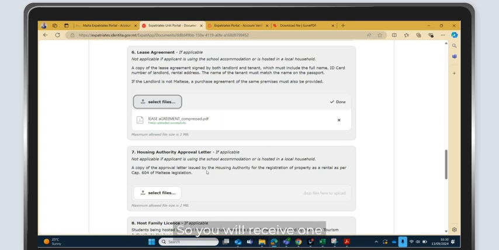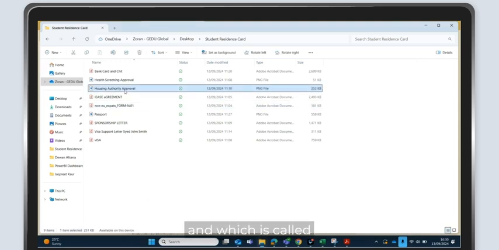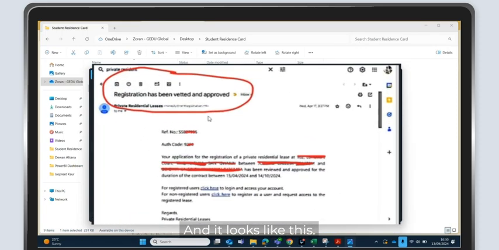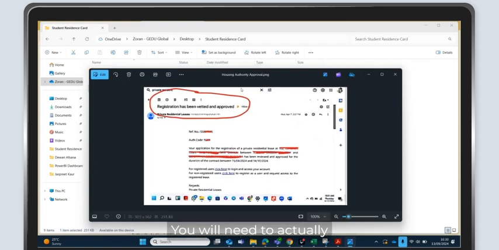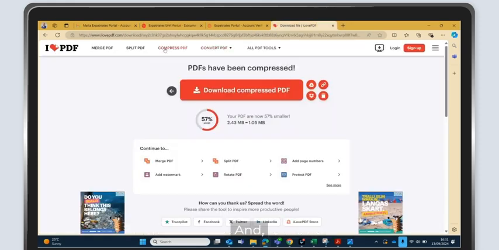Every single lease agreement has to be approved by the housing authority. So you will receive one letter, one email, which is called housing authority approval. And it looks like this. It's important that you receive the letter, the email with registration has been vetted and approved. You need to actually just take a screenshot of that email. You need to convert that email and